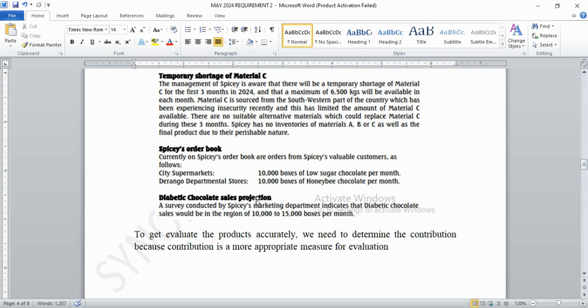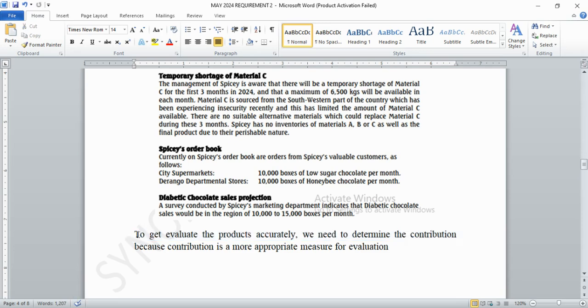Now you're looking at a projection. You already know that professional skepticism here is about the viability of this projection. Is it actually reliable? That's something you can include in your report. Now, a survey conducted said that they'll sell 10,000 to 15,000 per month. What if they don't? We don't know. All right.